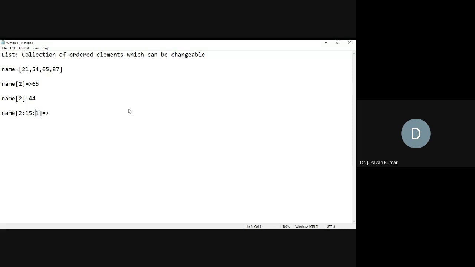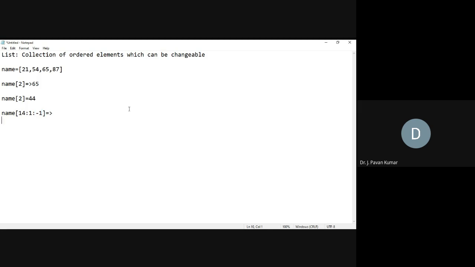Suppose you wanted to consider the same elements in reverse order. That means we have to start from 14, and we have to go up to 2, in the sense let us consider 1, and the step is minus 1. Every time we will see whether that element is less than or equal to that particular one or not. Like that it will consider, every time the step will be minus 1. Like that we can use this third parameter. This also we have seen.